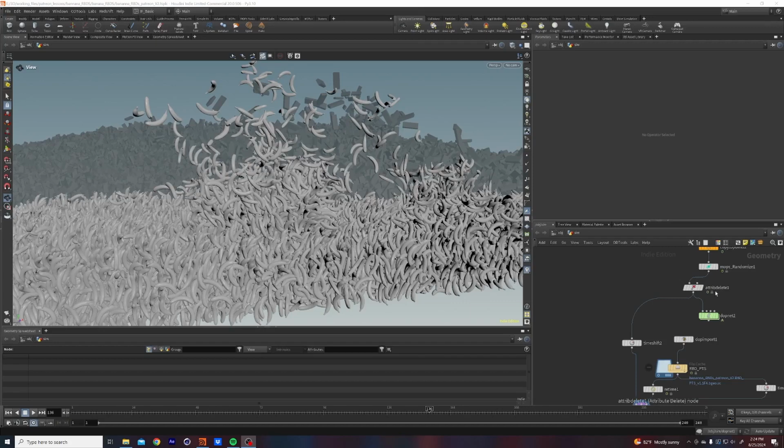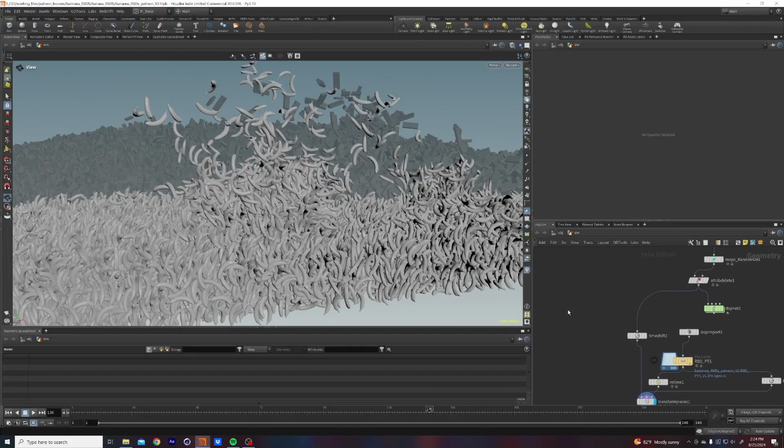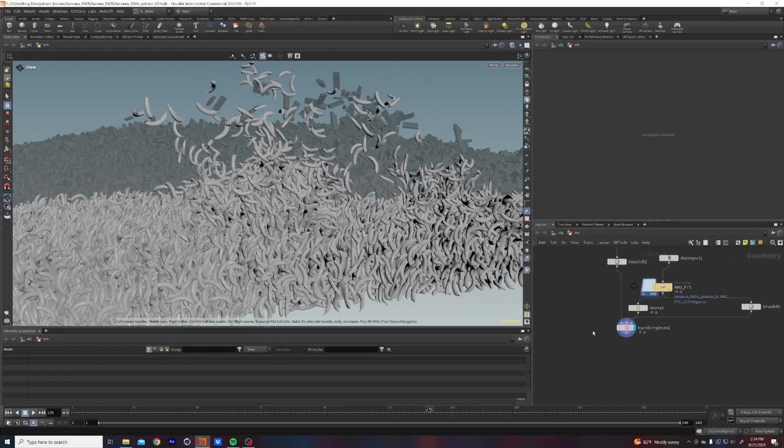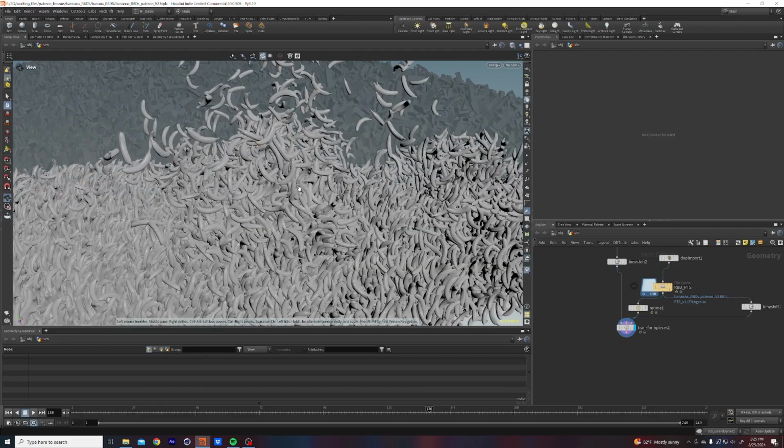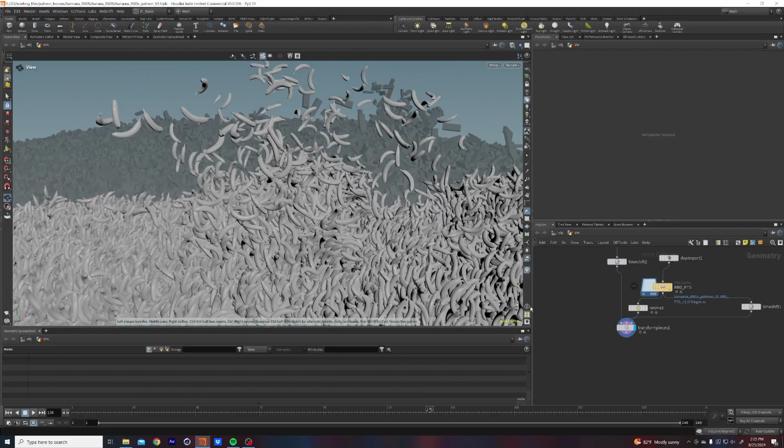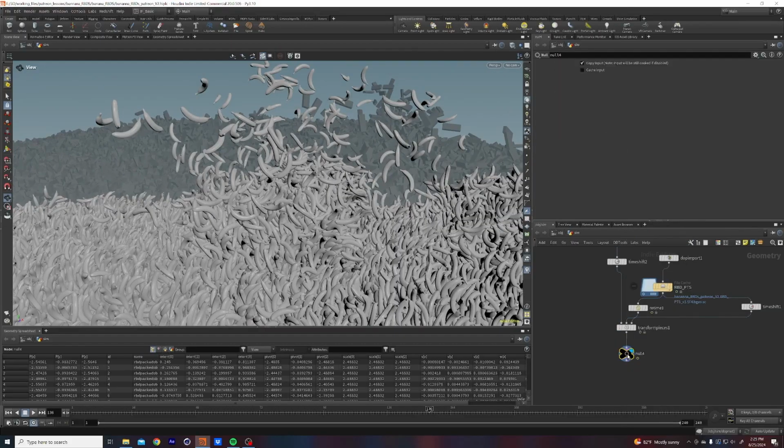Okay, here we are in part 2 of the banana liquid RBD tutorial. In this one, I'm going to be showing you guys how to light and shade this guy. So we left off here. We've got our simulation. We've switched out the low res banana for the high res one. So let's drop down a null, and we'll just call this